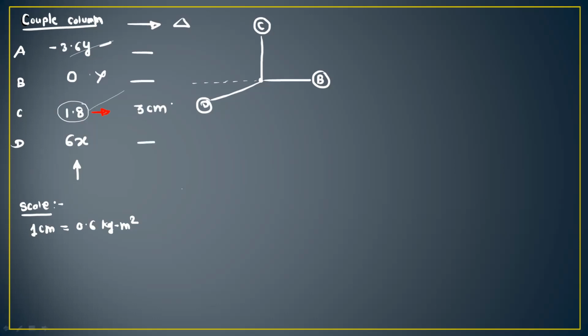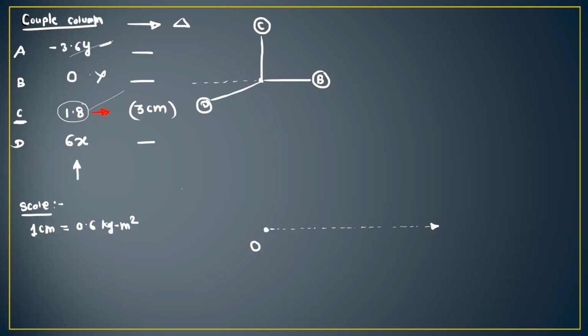Okay, so only one vector is known out of the 3 values. So by referring to this angular position diagram, we can complete that couple polygon, which is a triangle. So take the reference point, that is origin, then draw the reference axis. Now the known value, which is nothing but 1.8, and in terms of length, it is 3 centimeter. This is for mass C.